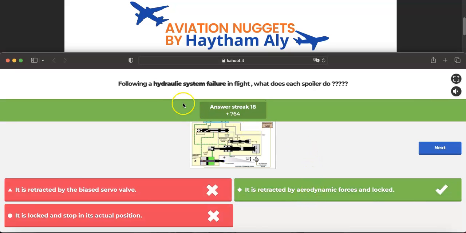So again, following a hydraulic system failure in flight, what does each spoiler do? The spoiler will be retracted by aerodynamic load and will be locked in the retracted position. Okay,